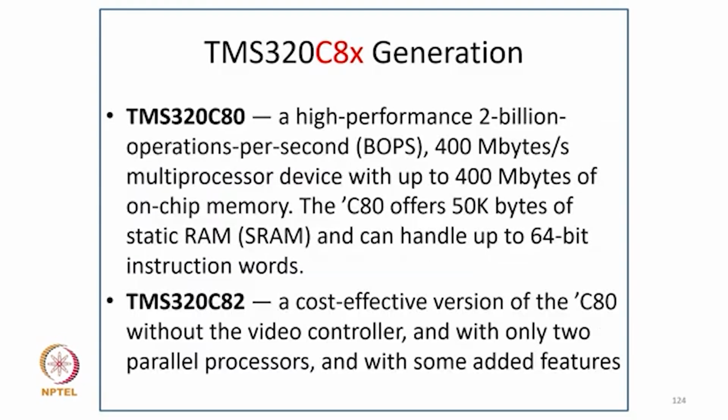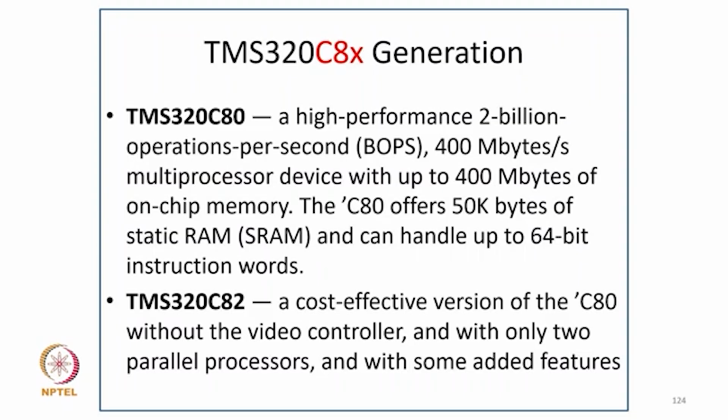Now coming to TMS320C80, a high performance 2 billion operations per second, 400 megabytes per second multiprocessor device with up to 400 megabytes of on-chip memory, and the C80 offers 50 kilobytes of static RAM and can handle up to 64-bit instructions per